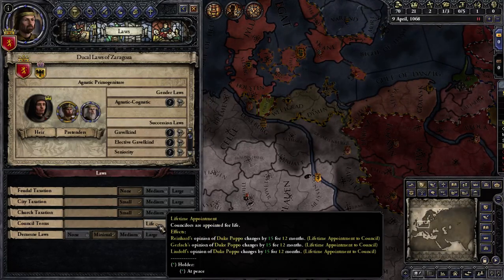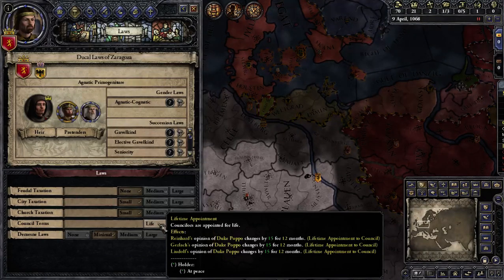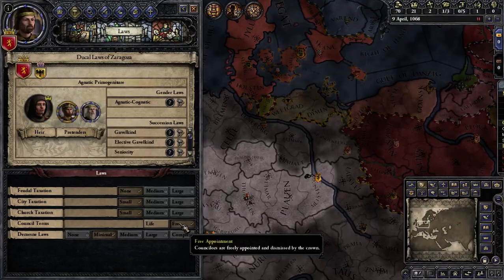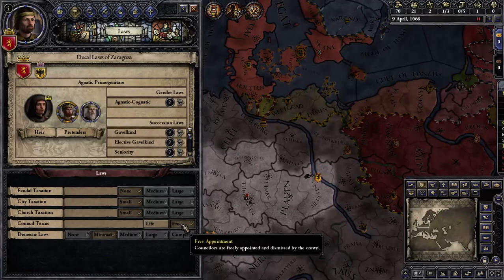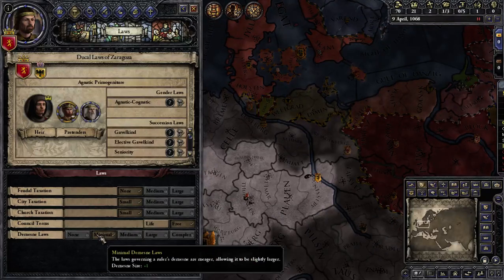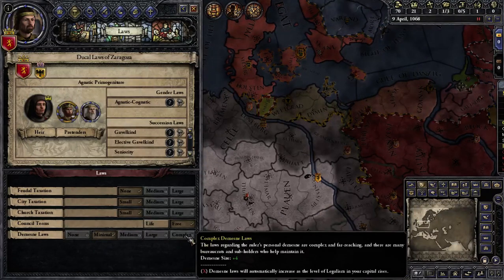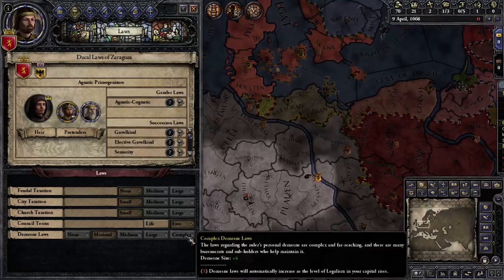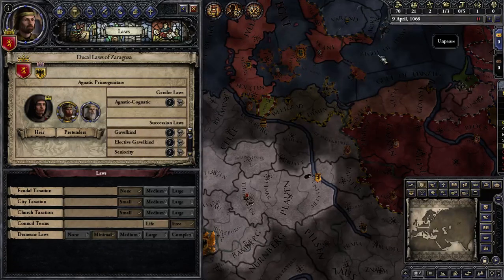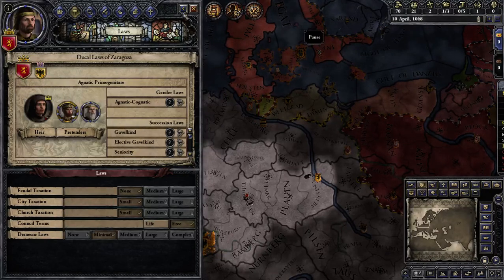Council terms. Councils are appointed for life. No, I want to have a better pick whenever I want to. Feudal taxation, the Mesne laws. Minimal, none, medium, large plaques. Alright. But that's apparently the hallmark of what we can...